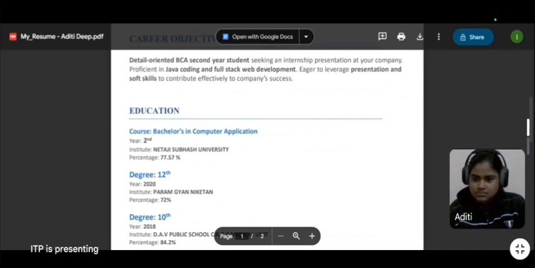Do you have any idea about the programming language C? C language. Yes, sir. So, what is C language and how is it different from Java? So basically, C is a procedural programming language.